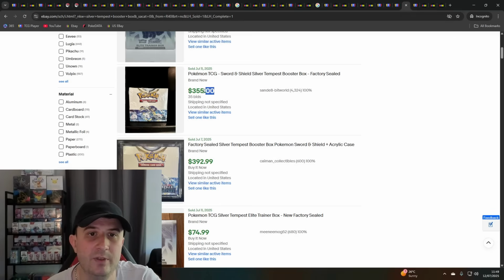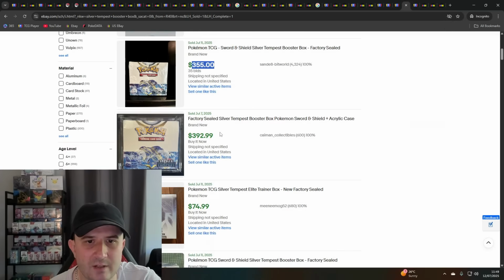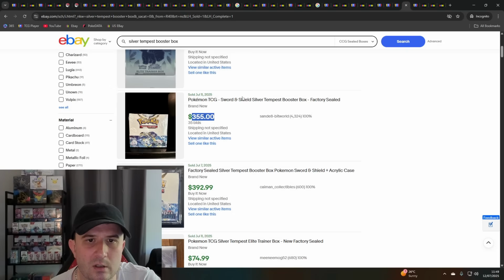Let's have a look at last sold then in the US. With that in mind, if we are talking about a realistic price point of $500 for Silver Tempest, last sale of $355 seems pretty good. And then look at the swing in price between auctions. Between two sales, in fact, that one's on the 7th. I don't know why that popped up on the 7th, because there's more sales since then. Yeah. So ignore that one from the 7th of